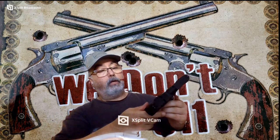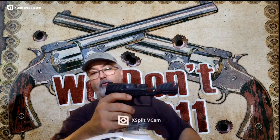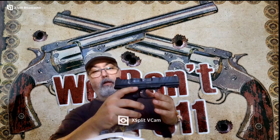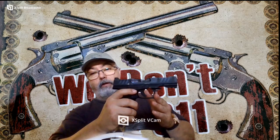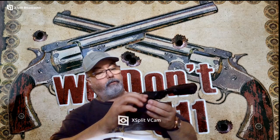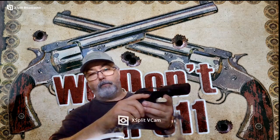So the gun itself does not have a separate safety feature like a manual safety. You don't have to flip it up and down because it is already built in as a striker fire gun, inside the firing mechanism, that stops any kind of accidental discharge, and the user does not have to worry about it in case of, for instance, an emergency situation. Let's say a police officer has to draw it out of his holster, and in the middle of an engagement the situation is precarious, and he or she does not have to think about the manual safety, which is actually a big deal for police forces or military